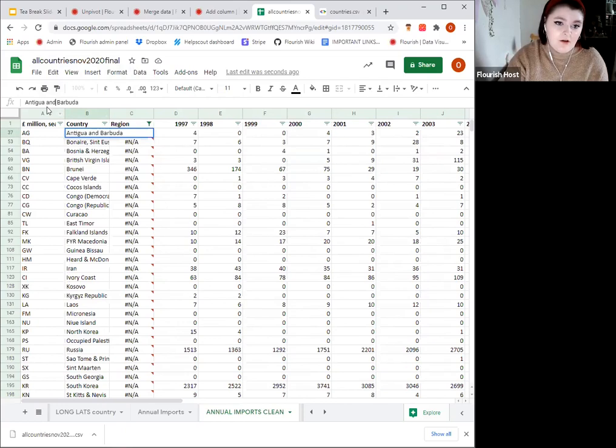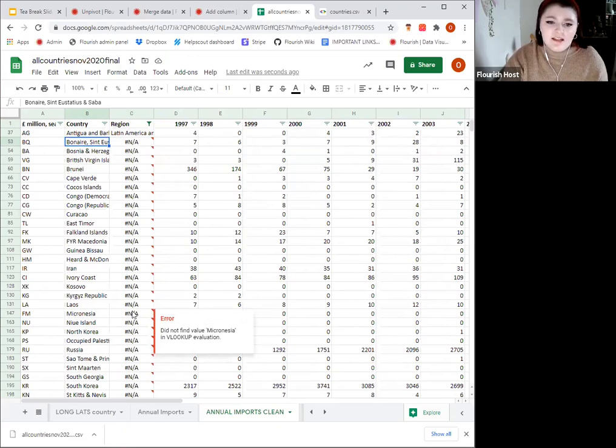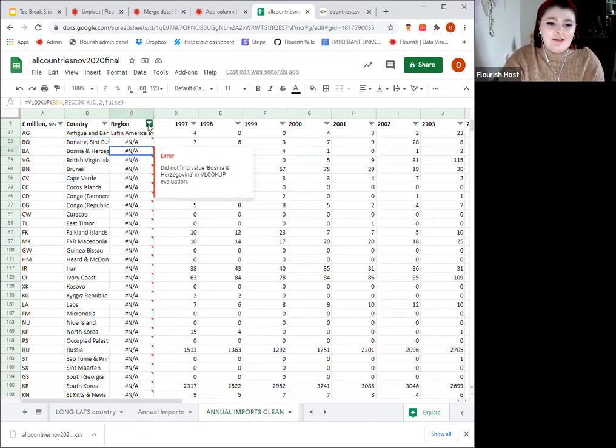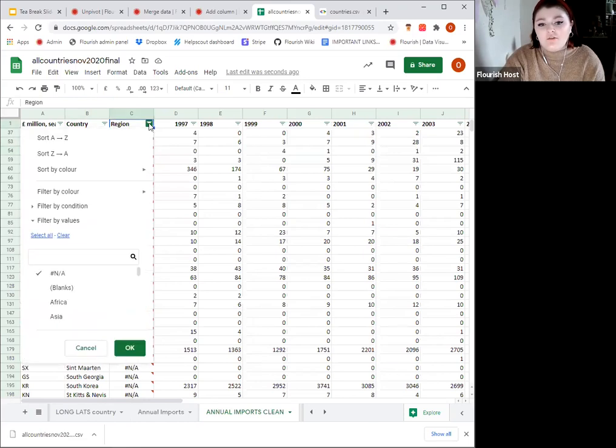So for example, I bet if I put it like that, yeah, perfect, it's found that. So you can kind of go along and just change these. It is a bit tedious. I mean, there might be a much easier way in a different advanced formula, one that I'm not too aware of. So if anybody does know, if you could let me know, that would be great. But yeah, that's just a really useful way to find them as well.